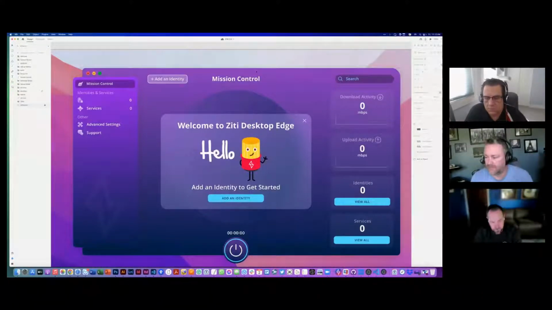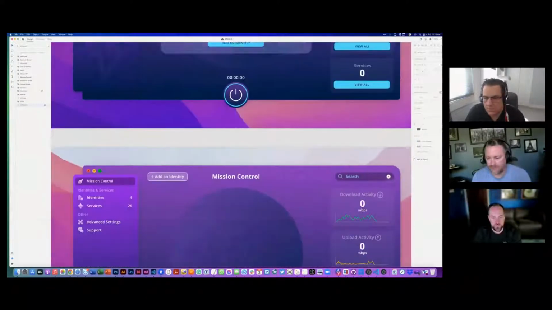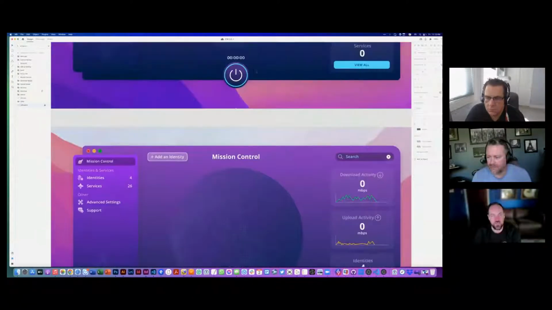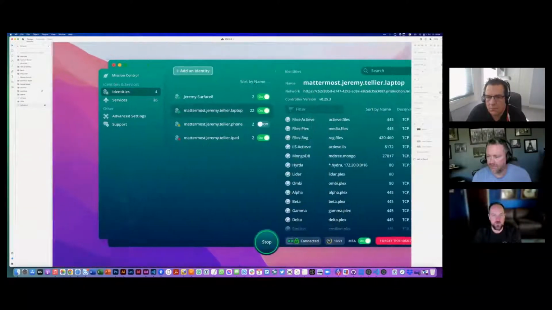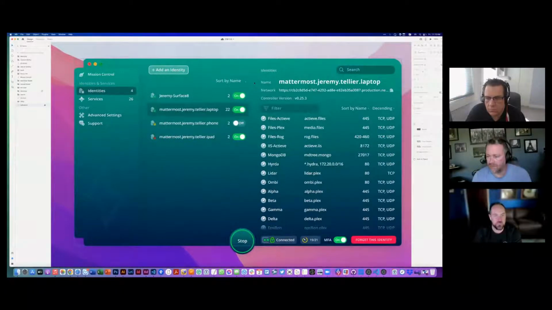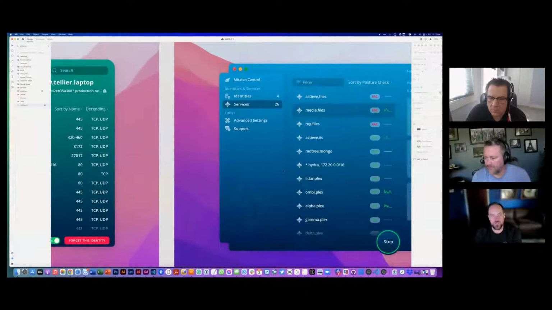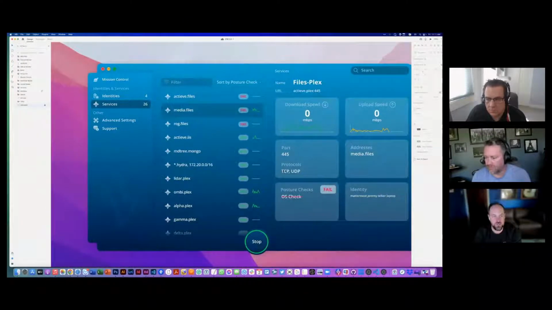But in this case, from a UX perspective, everything in this flow is all purple. And when you click on one of these on the left, and I'll show you the live version in a minute, it actually changes colors. So you know you're in a different area of the app and you're focusing on something different. So everything in the identities area, and this is the list of identities on the left, and then the actual services for that identity on the right, everything is green. I can already see how much bigger and how much more space everything has now. Way more space, yeah. And likewise, and I won't go through every color, but it changes when you click on services. So the overall responsiveness of the UI and knowing what you're looking at changes a bit.